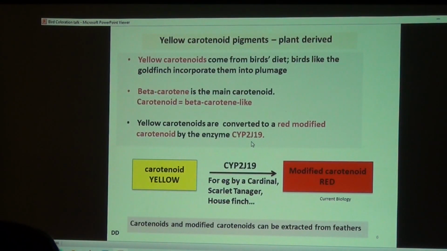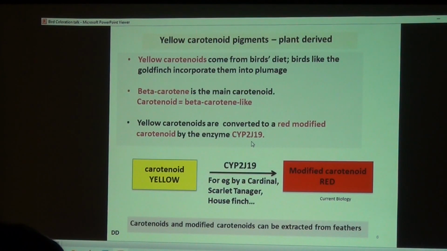So coming to carotenoids, I mentioned that the yellow of the goldfinch, the male goldfinch in breeding season, is due to carotenoid. What is a carotenoid? There's a molecule called beta carotene, which is present in carrots and other fruit, and that's where that name comes from. And that is the main or the prototypic carotenoid. There are several compounds, maybe even hundreds, that resemble beta carotene in structure, and they're all called carotenoids, and they're all colored.